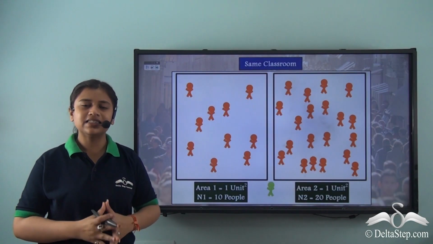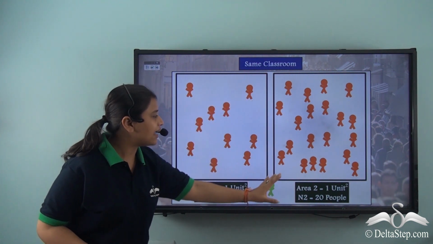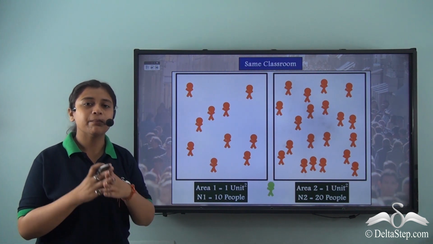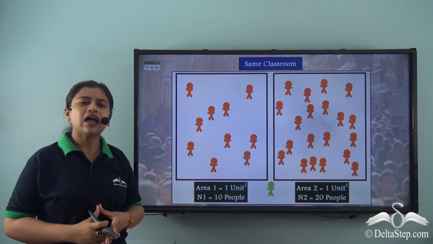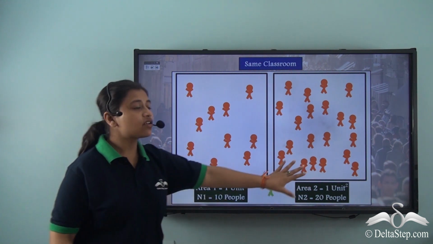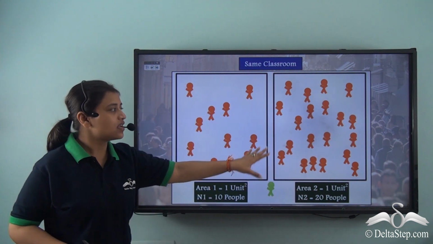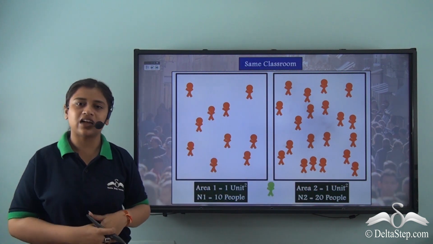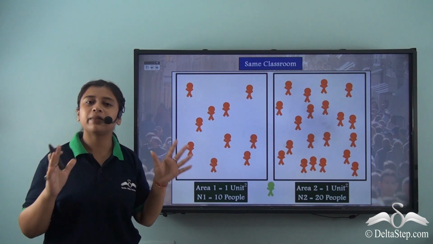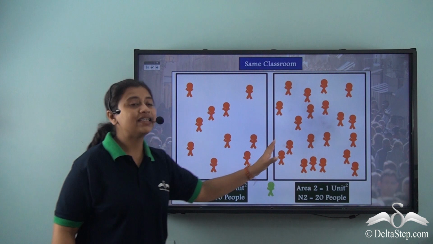So take for instance, in a class there are 10 students, right? And this is the area of the classroom. And there are enough benches, and each bench can have 2 students. Now, in the middle of the year, through midterm admissions, we have some more students who join the school, and this is now the population of the classroom. So you see that the resources like benches, tables all remain the same. The area remains the same, but the number of students suddenly increases.